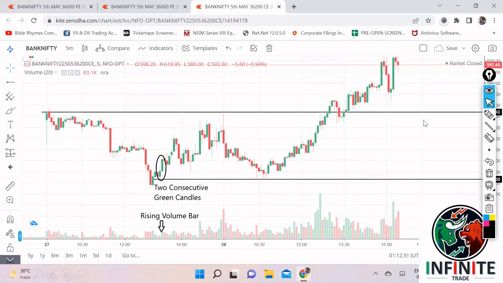I hope you all understood how to trade based on this. I'll tell you what you need to do in a short and sweet story. Tomorrow when the market opens, if you do not have any levels on your chart, open both the at the money call and put and sit and relax. Just see if you have any levels based on the previous 1 or 2 days' movement where you can mark a resistance or support. Say you get a resistance but you do not have a support because the market opened gap down. So all that you have to do is